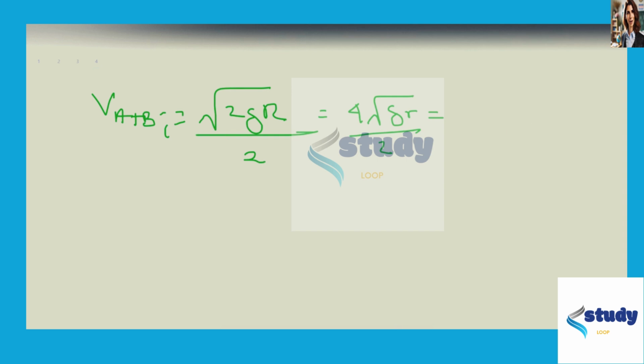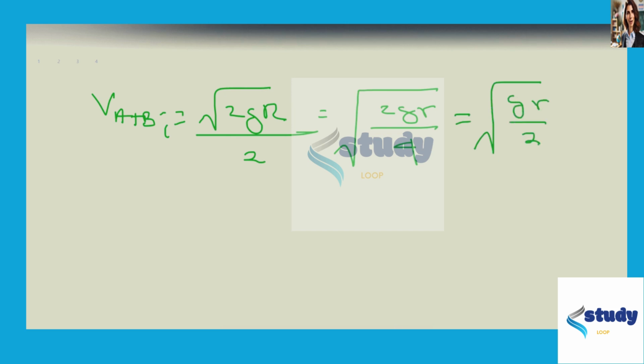Alternatively, we can do it a little bit differently. We could say this is the square root of 2gr all over 4, which becomes the square root of gr all over 2. That's how we could do it. We can move this 2 inside and it becomes 4, and then we simplify. This is 1, this is 2. So the initial velocity of A and B combined is radical gr all over 2. And then in the next page, we're going to use